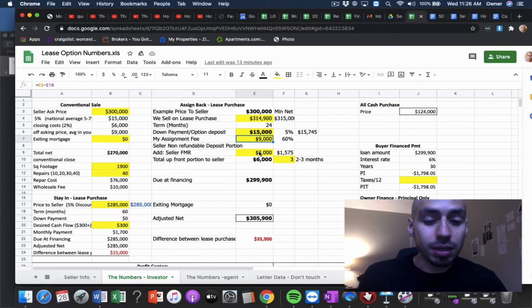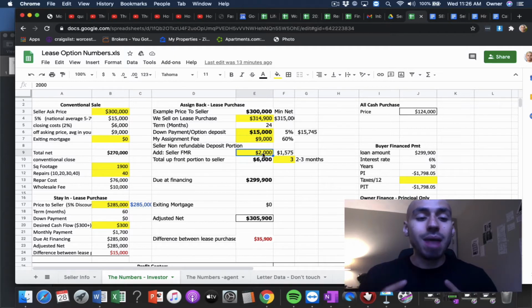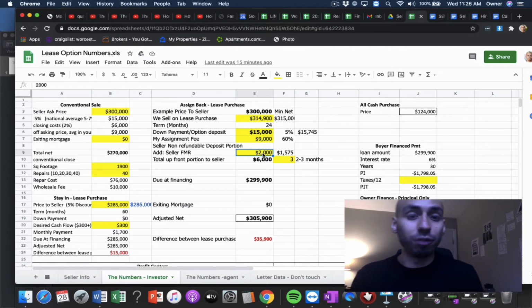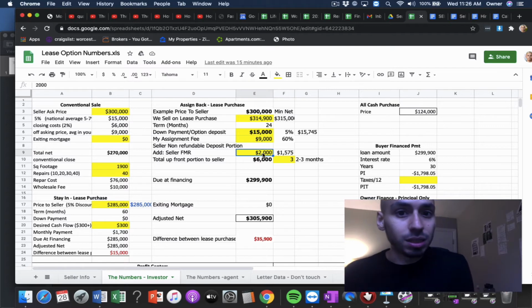And then this here is the first month's rent. So I'm assuming their PITI was under 2,000, or if it was 2,000, then we'd use this number here, okay, 2,000. Now, I found a way to negotiate to also keep first month's rent, okay? And the way I do that, as a tip, is by reminding them that mortgages are paid in arrears. So we're in October now. Let's say that we found someone for November 1st, right? The seller doesn't have to pay that November payment until December 1st,